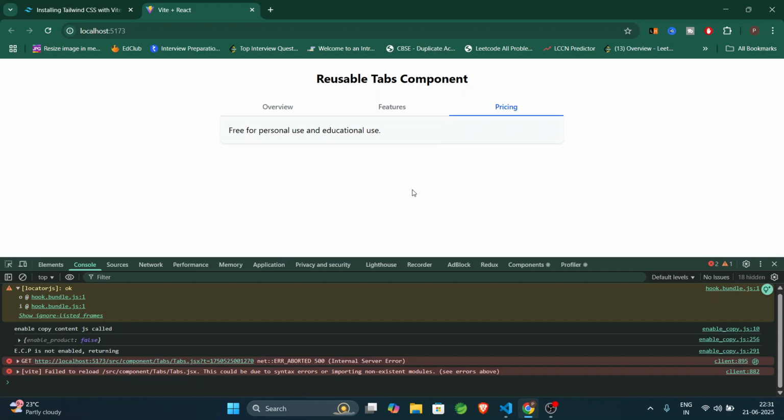And this is your first machine coding round problem, and I will be continuing this series, and in the next video we will be solving another problem in a machine coding round. And that's it. We have built a fully functional and reusable tabs component using React and Tailwind. This kind of machine coding question helps you prove your understanding of state, props, reusability, UI logic, and core to